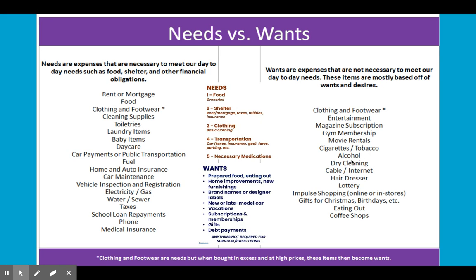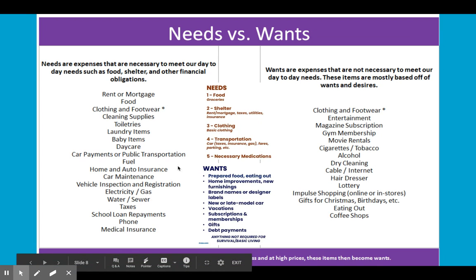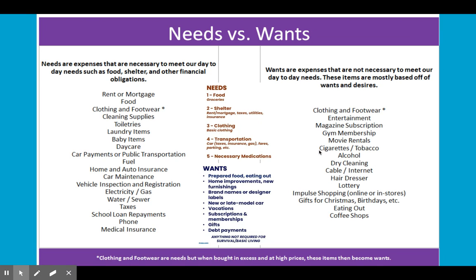So kind of look at this list, right? And as you start to become an adult, remember what your needs are and what your wants are and where you can save money so that you can live the type of lifestyle you want. Okay? I really think this is an important lesson that all of us need to consider. What are the things we really need and what are the things we just want?